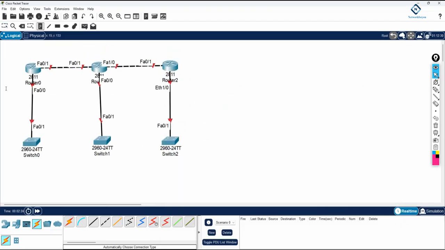So for the IP, on this side we will use 192.168.1.1/24, and in between this router I will write 192.168.12.0/24, and this side I will write 192.168.2.1/24, and in between here I will write 192.168.23.0/24, and here I will write